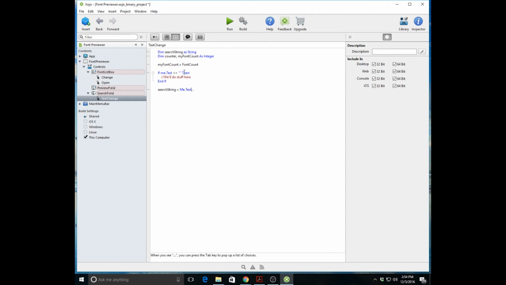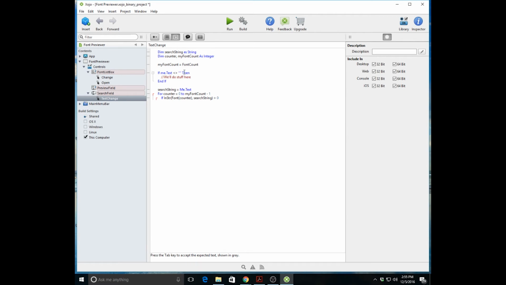For counter equals 0 to my font count minus 1, if in string font counter, search string is greater than 0, then